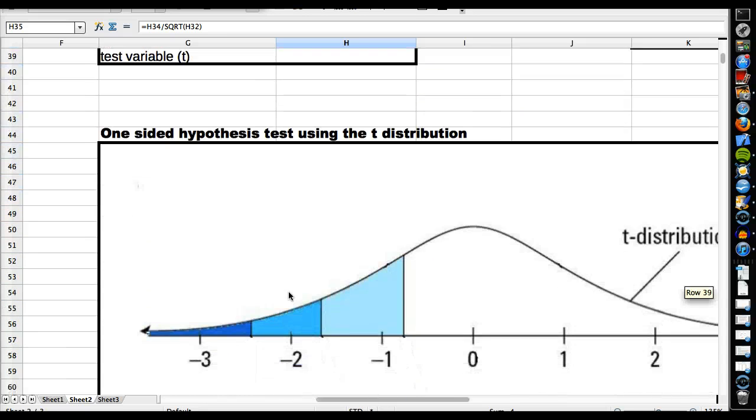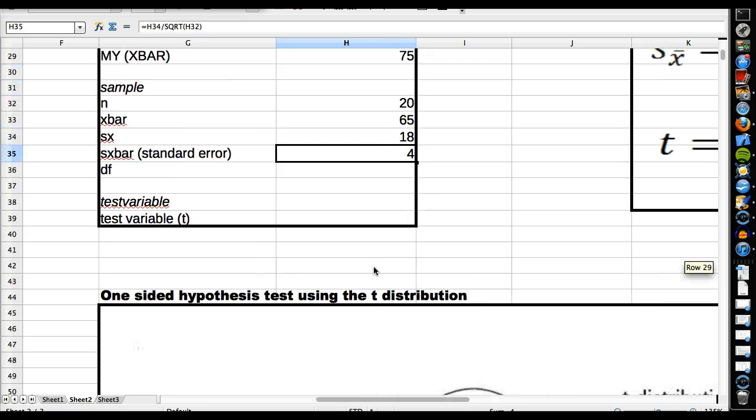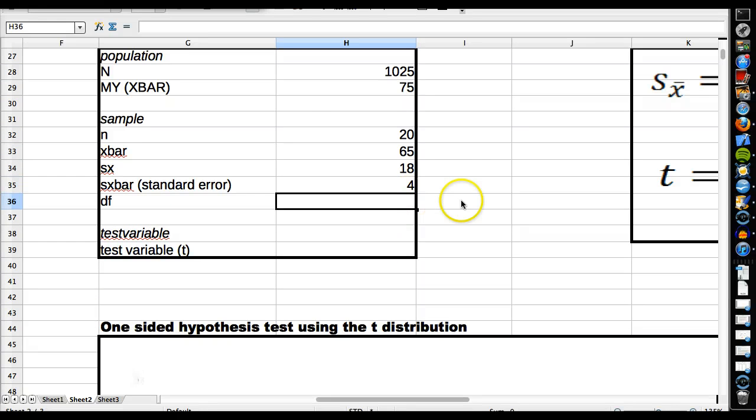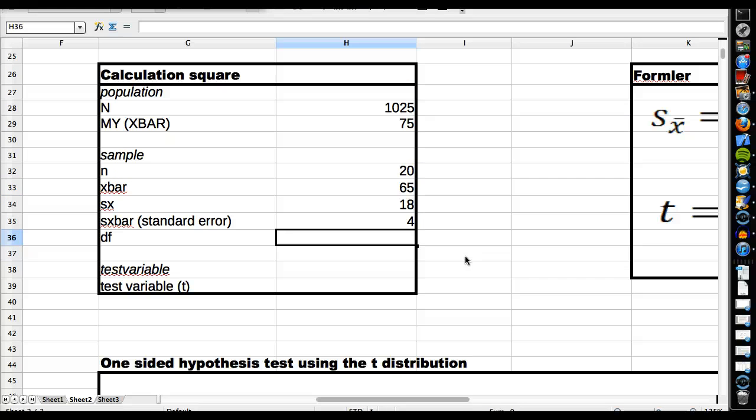As I mentioned before, the appearance of the t-distribution changes depending on our sample size, and more specifically it's going to change depending on the number of degrees of freedom that we have. That's a little bit too advanced for this course, so if you're really curious, just Google it and read up on it. But the degrees of freedom anyway are equal to the sample size minus 1, so we have 19 degrees of